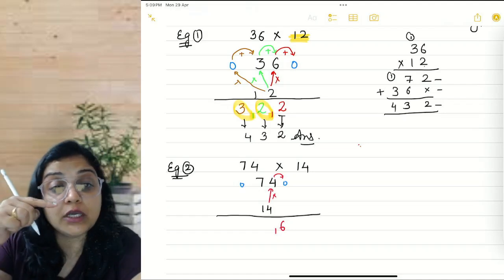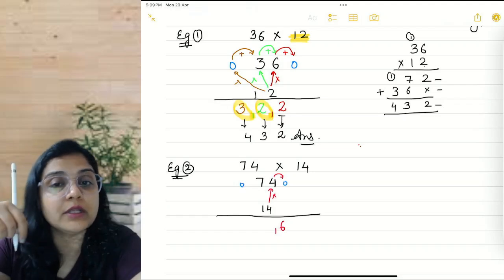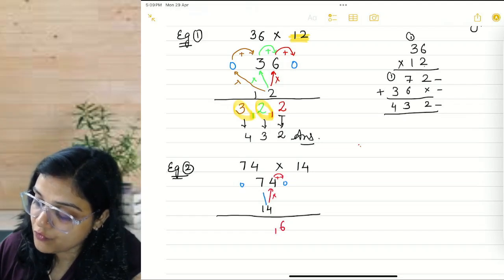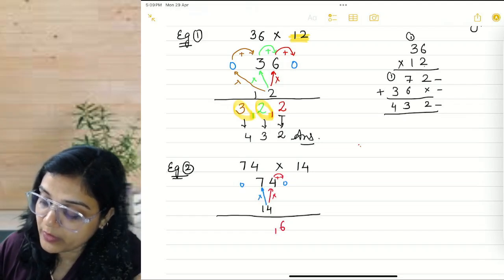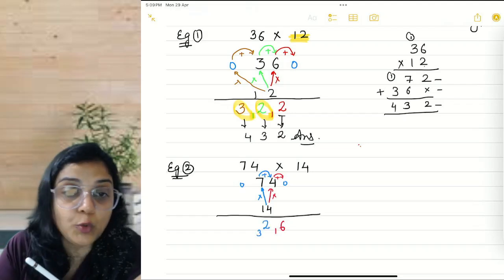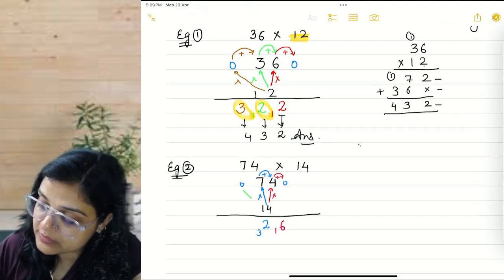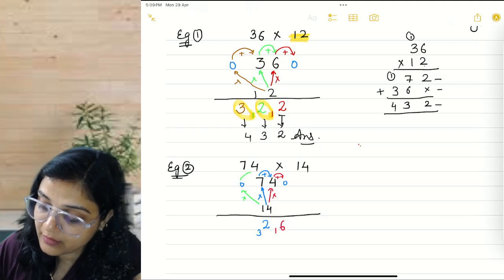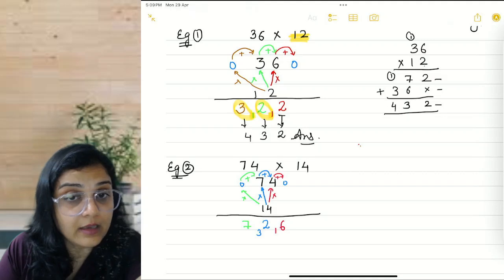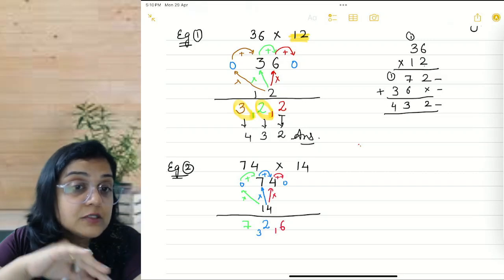Just take care of the colors. I am using red color and writing the answer obtained with a red color arrow. Okay, here I have added. Then I will multiply this 4 with 7. 7 4s are 28 plus 4 is 32. So I'll just write 32 like this. Simple. And finally, I will multiply this 4 with this 0, and I'll add this 7. So it will give me 7. Alright. I hope this is clear. I have not used 1 anywhere. 1 is not needed at all in this multiplication.